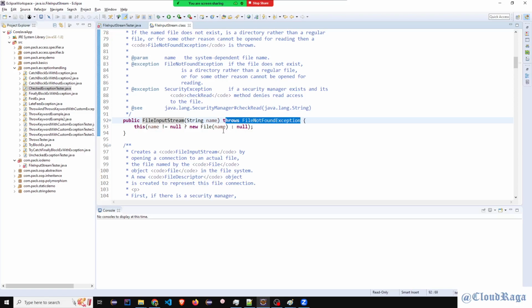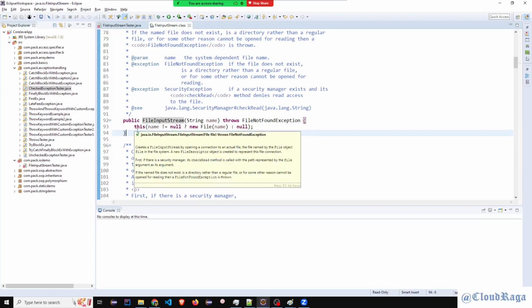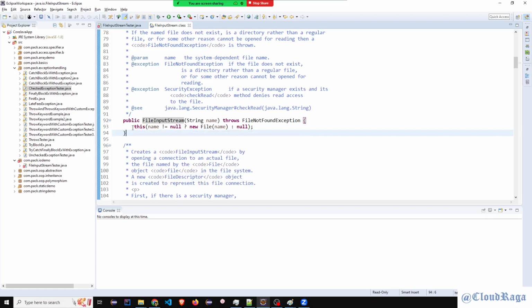Manan, see again, you had asked earlier why we need to throw. They could have handled it, but the reason is that they have given a concept. This constructor will perform a task for you. It will read something. Then why would they handle one more task to check whether you have given the correct path or not? So it says okay, we will do the operation. In case something goes wrong, we will simply throw the exception. We are not going to handle it.